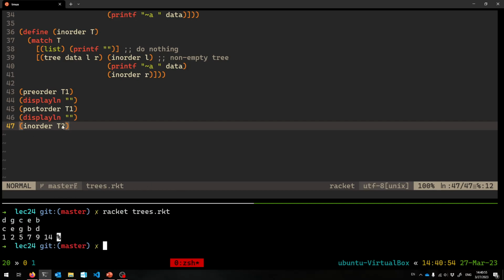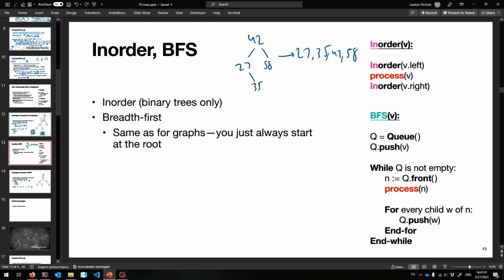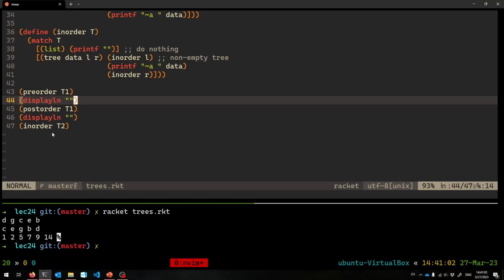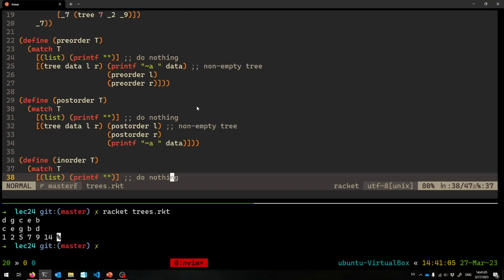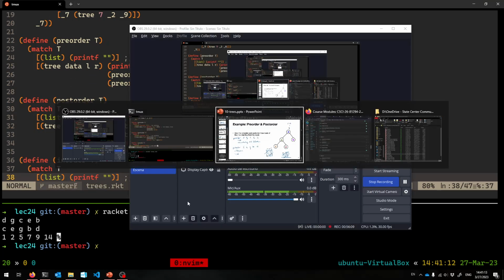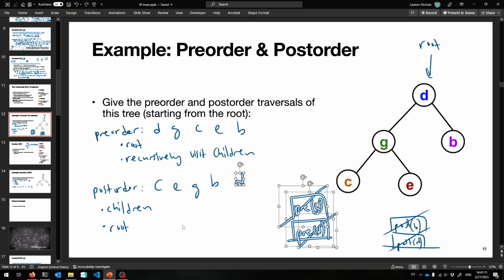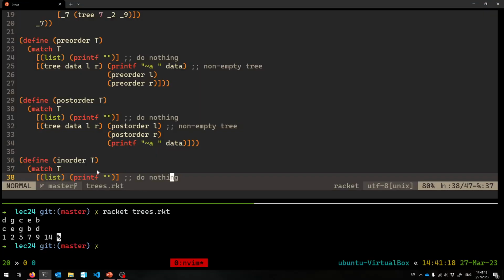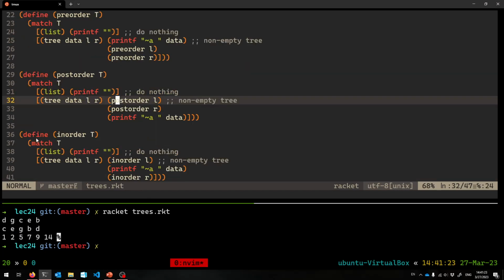So here it is, exactly as you would expect. So here's the pre-order of that first tree, which is exactly what we came up with, DGCEB. And I encourage you to make your own versions of these and print out "I just got called on this node, I just got called on this node," so you can watch the stack grow and shrink like I was drawing it here. So DGCEB for the pre-order, CEGBD for the post-order, there it is, and for the in-order on the number tree,